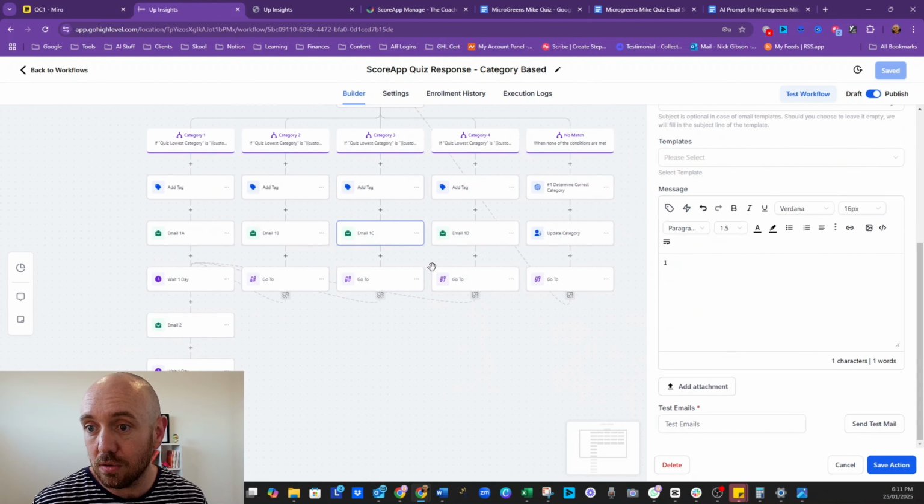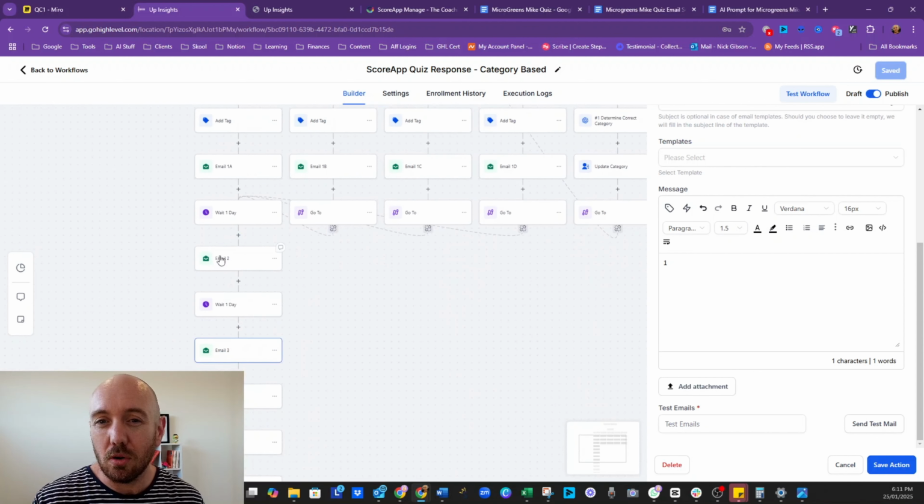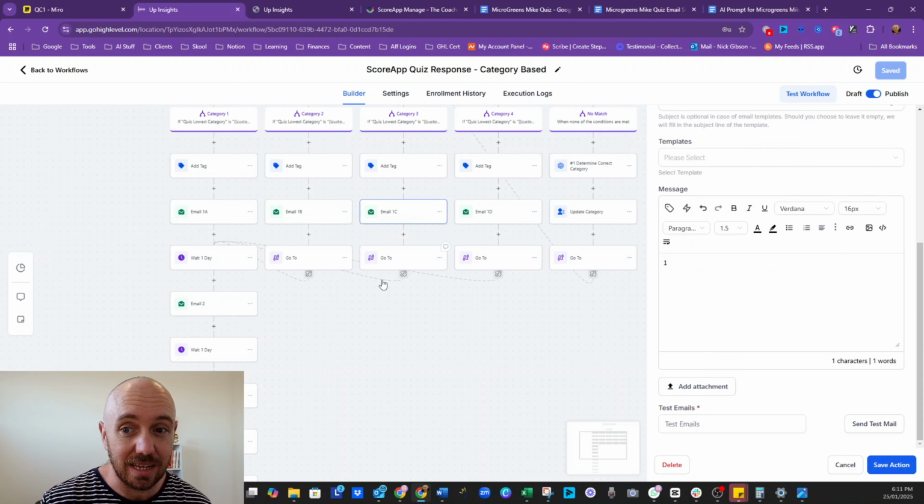So depending on the score, that email goes out. Then we move into a more generic sequence. We still continue to help and provide value, but the goal in this, we might even look at doing a second structured email there. So we could do, if we had, as an example, all four categories, which order they were in, we could actually send each of these emails out, or a version of each of these, in order